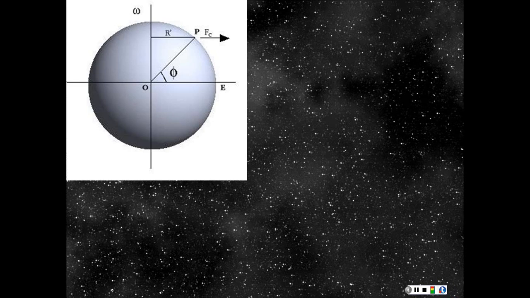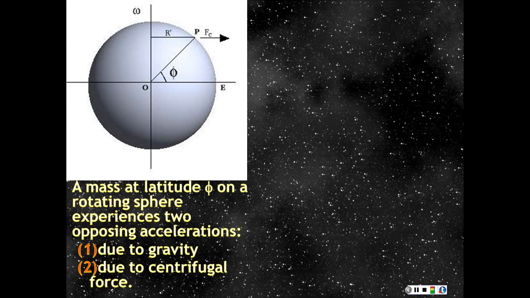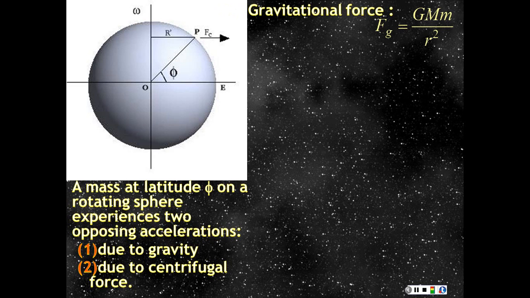Anyway, here we have our spinning globe, and at some latitude, so we've got this point P, at a latitude given by this angle phi, and so we're rotating. At this point, you've got gravity, which is directed towards the center of the globe, and since it's spinning about this axis, you've also got this centrifugal force, which is acting in this direction. The gravitational force is just the usual GMm over r squared, but the centrifugal force is going to be mv squared over r,